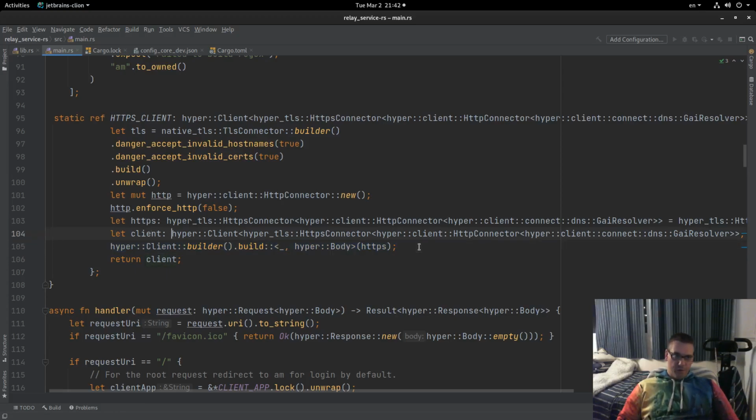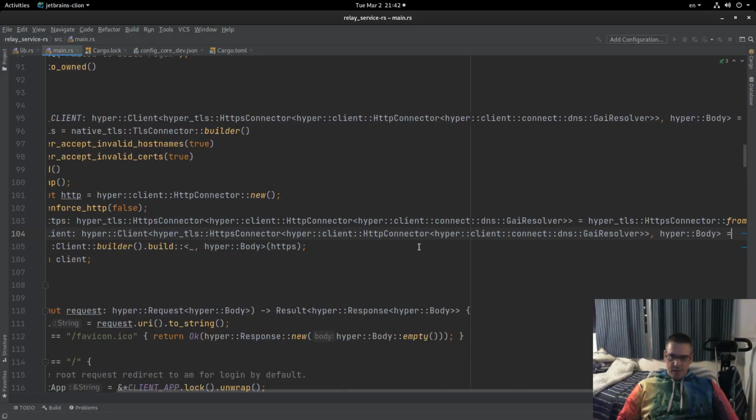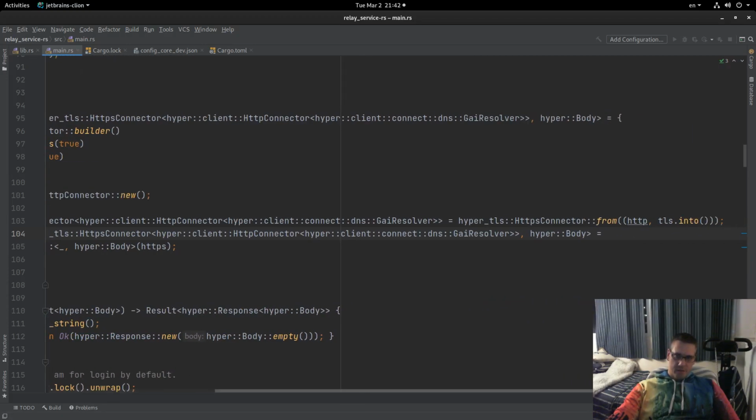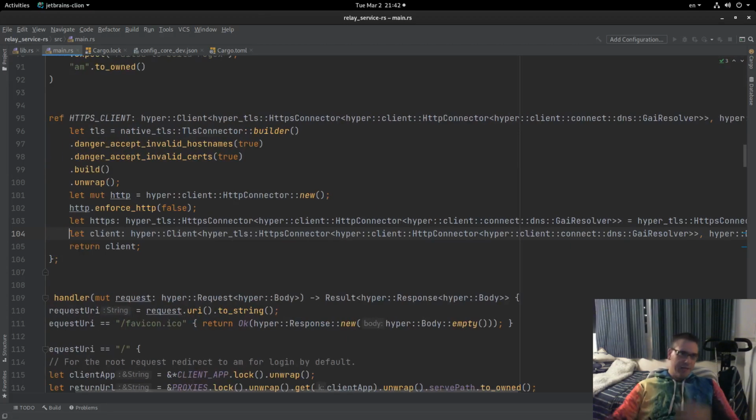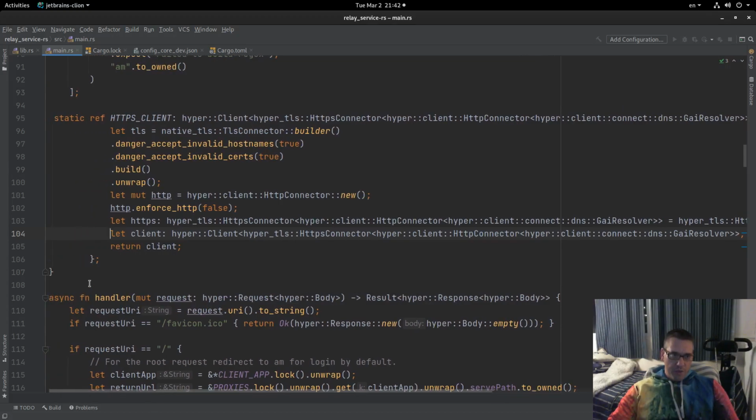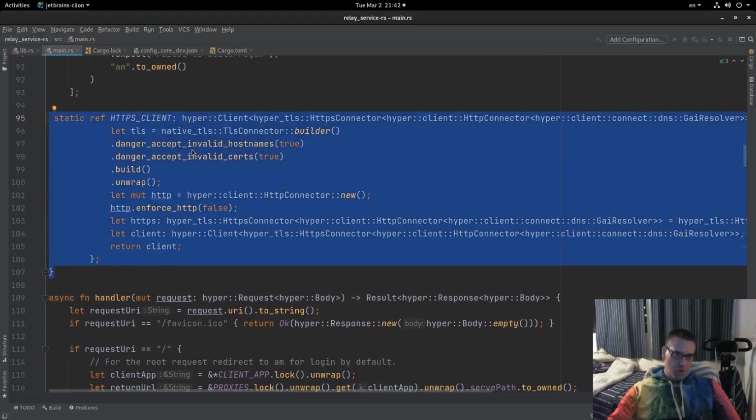I have the fully qualified names, as you can see, and I did that on purpose because I want to be able to understand what type everything is, because if I have imports at the top, sometimes I do not really understand what type its variable is, etc., and this helps me. Of course, this is a matter of preference. So this, as I said, is one way to do it,